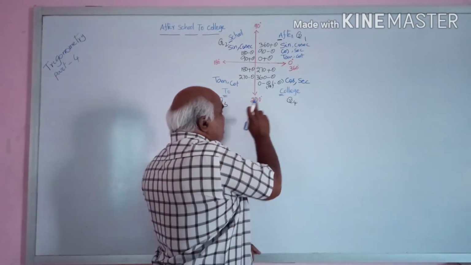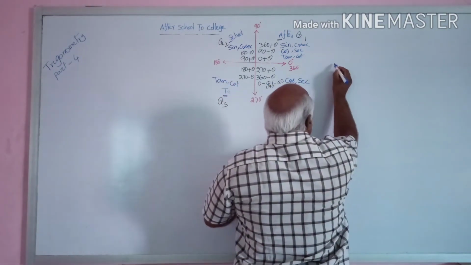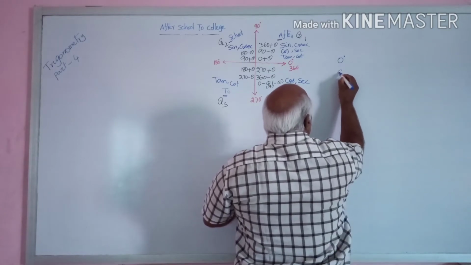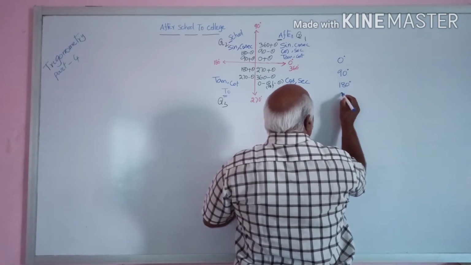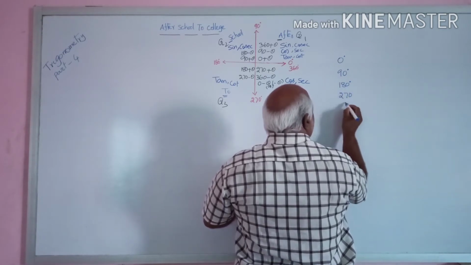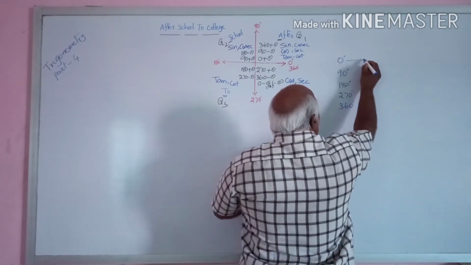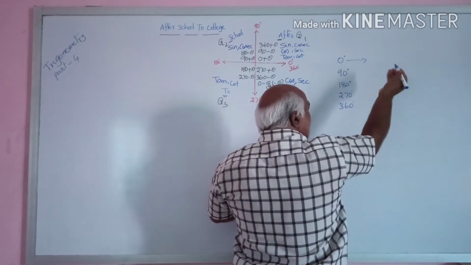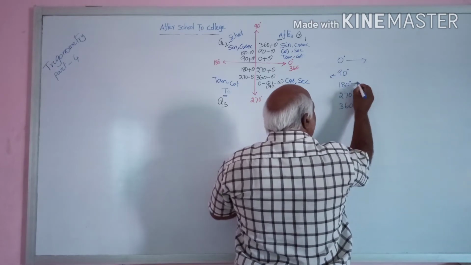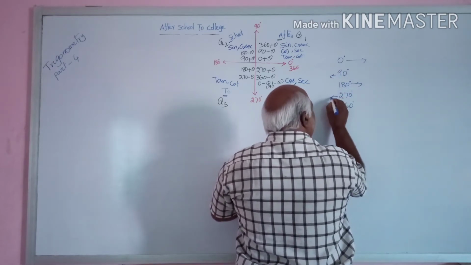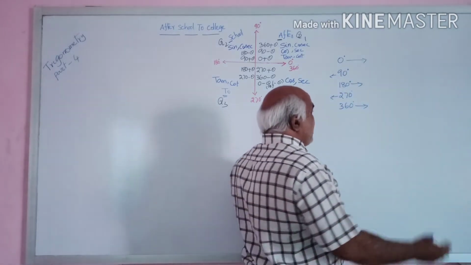Next, come to this table. You can remember what the first one is: 0 degrees. The second is 90 degrees. The third is 180 degrees. The next is 270 degrees. The next is 360 degrees. You make the lines, two towards the right and two towards the left. One is right, second is left. One is right, next is left. Next is right. Right, left, you can mark the arrows.